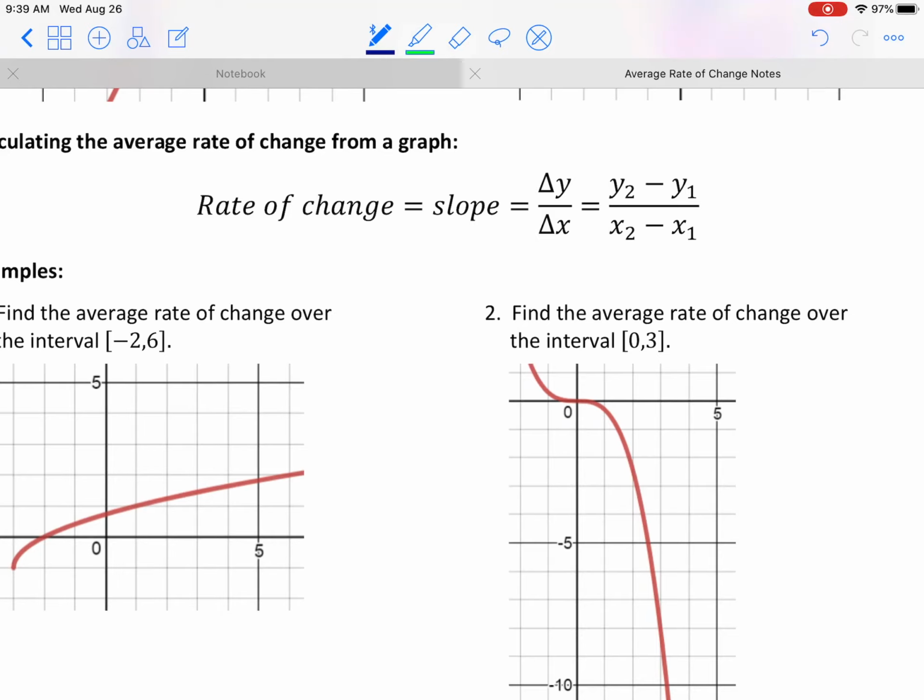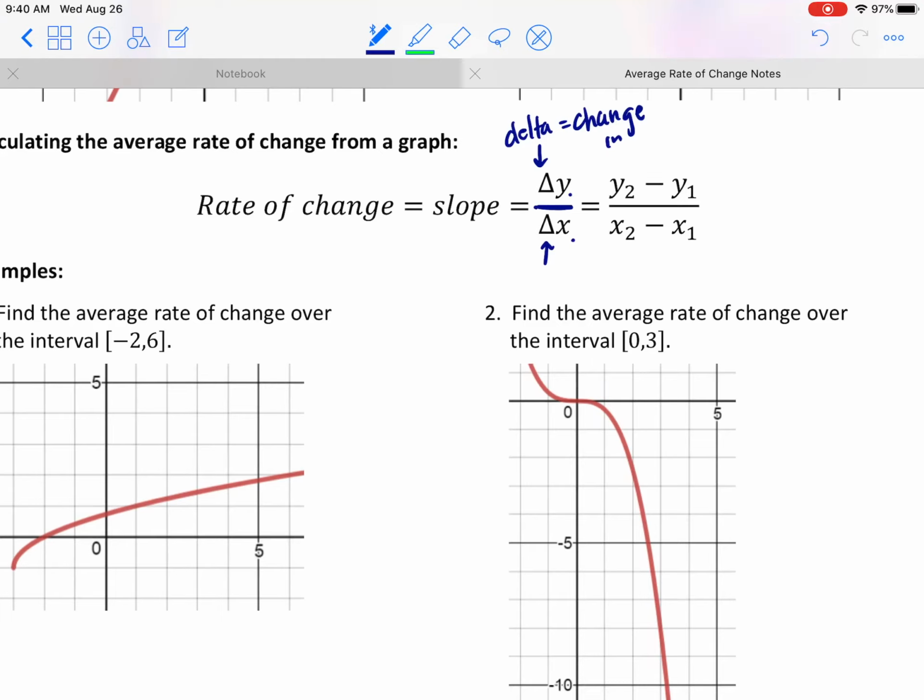It represents how the y values are changing with respect to the x values. So this little delta here, that's the symbol for delta. It means the change in. So it's the change in the y values with respect to the change in the x values. If we wanted to know the change in the y values or the change in the x values,